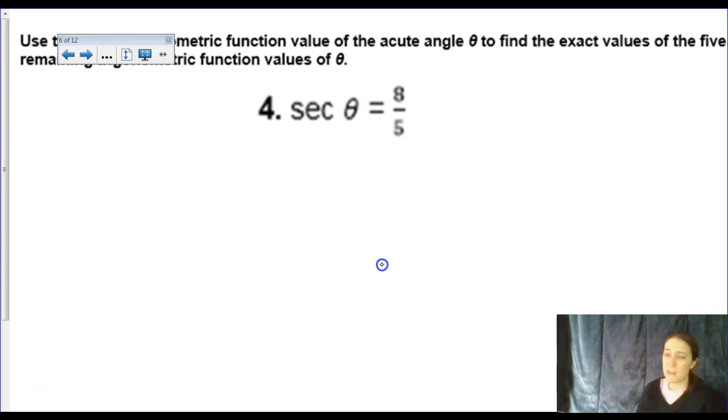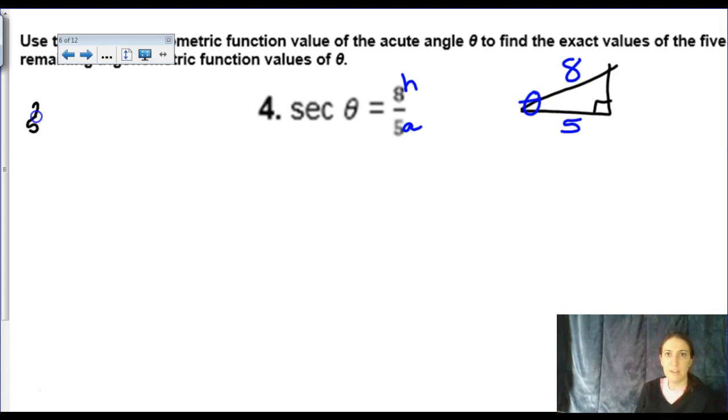I'm just going to draw it out, because at least there's some consistency with what we've been doing the last 2 years in trig. You know, geometry and algebra 2, you've done a ton of trig work. Alright, so here's my mystery angle theta. Secant is a reciprocal cosine, so I'm looking at the hypotenuse and the adjacent. So adjacent, hypotenuse. This is not a triple, so I got to do a little Pythagorean theorem here. 5 squared plus mystery number squared equals 8 squared. So 64 minus 25. Square root of 39